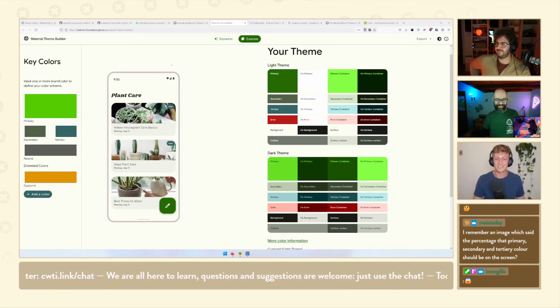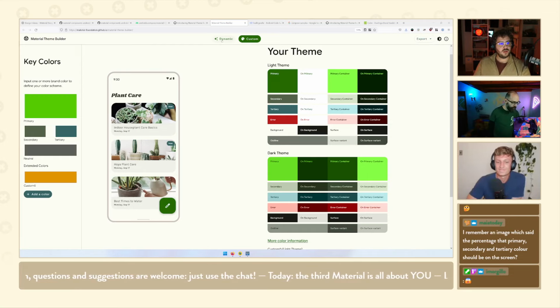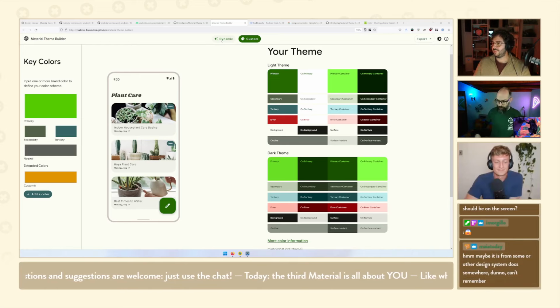And then the rest is just neutral filling background stuff. I don't know. But there probably is some science behind that. I can just say I definitely don't know. Good question though. There's some from another design system doc somewhere. Yeah, maybe it was.